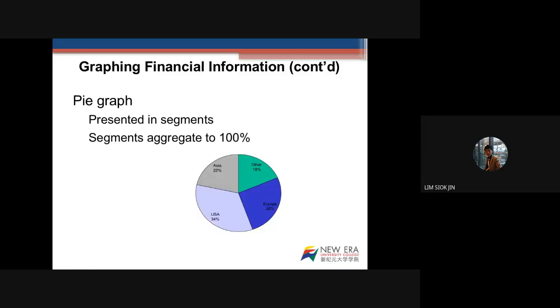The next one is a pie graph, to look at different segments of the market. The total of this whole pie is 100%. If you want to look at sales of your company in different countries, you can see that USA gives you 34% of sales or profit, Asia gives you 22%, Europe gives you 26%. This is very important. For example,